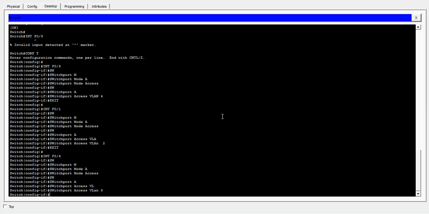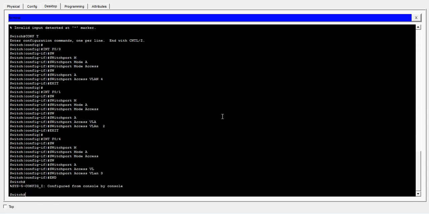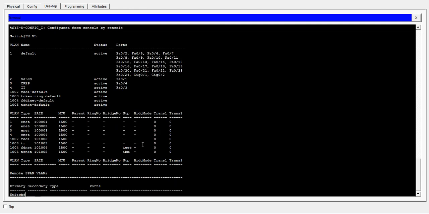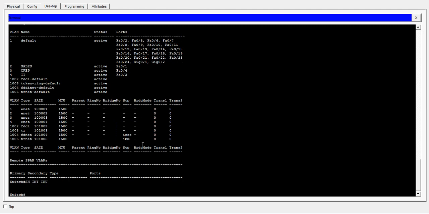Okay, let's verify. Show VLAN. Okay, so you can see we've assigned the ports to the VLANs as required. Let's verify our trunk, which I know that we've not configured. Now I'll tell you something about this trunk. You can see there's no trunk configured. So let's configure trunk on this